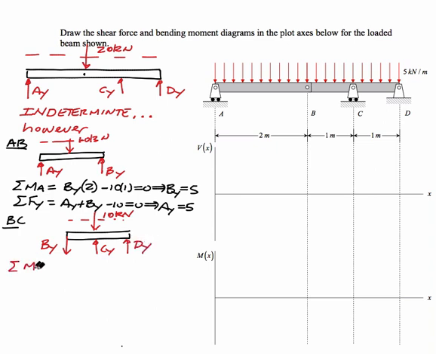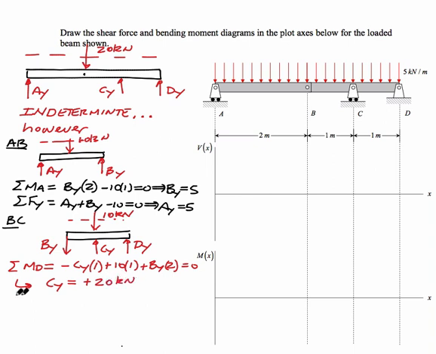Summing moments about point D gives me minus CY with a moment arm of 1, the applied force resultant of 10 with a moment arm of 1, and BY, which has a moment arm of 2. So from this section we see that CY will be equal to 20